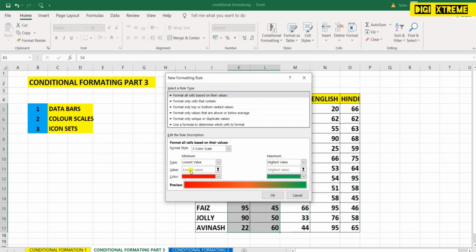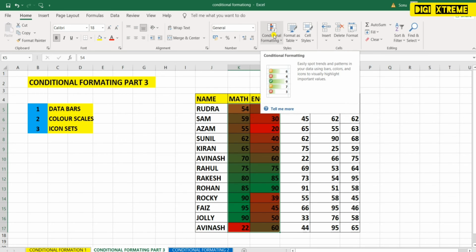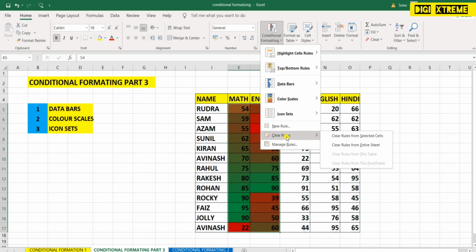So I have selected green, so it will highlight what custom rule I have given here. See, lower values are highlighted with red and higher with green. So this is how we can also customize the color rules. Alright, let me remove the condition first again, so that I can apply the next rule.